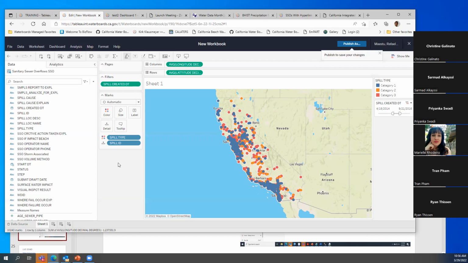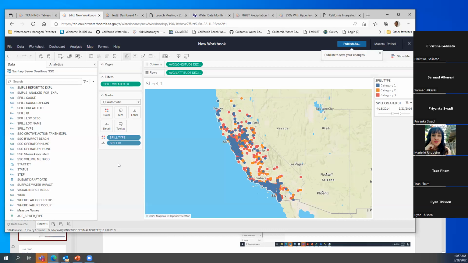I can work with you directly. We can also publish the data sets that you need. If there's a data set that you need to be on the server so you can work with it, anybody with a creator license can publish the data for others to use.